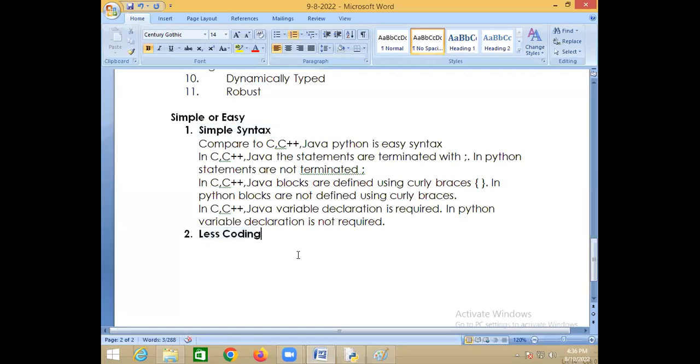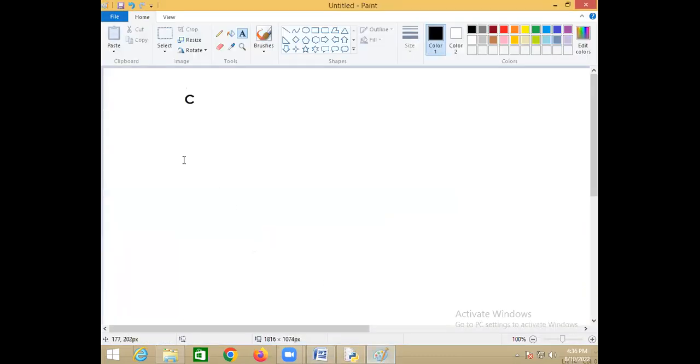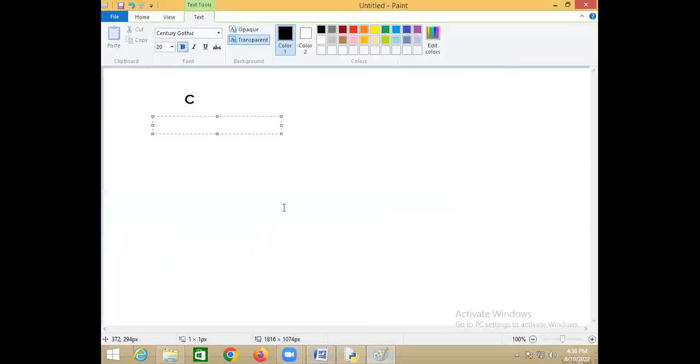For example, if you are working with the C language, assume that I want to swap two numbers. How can you swap them? You first declare variables.